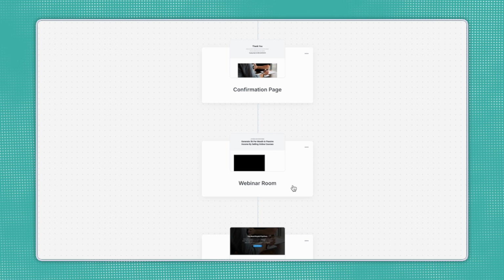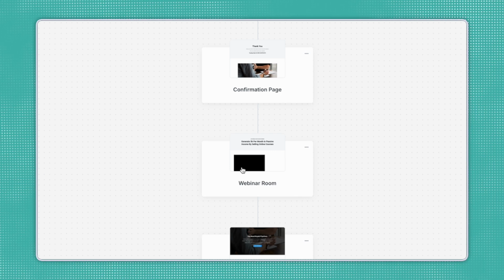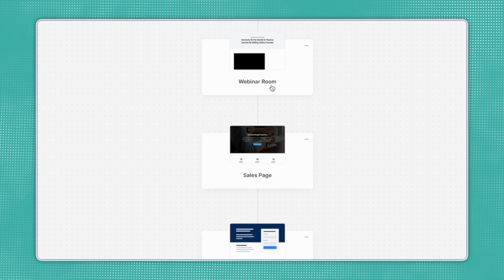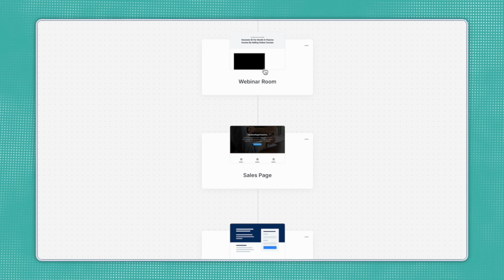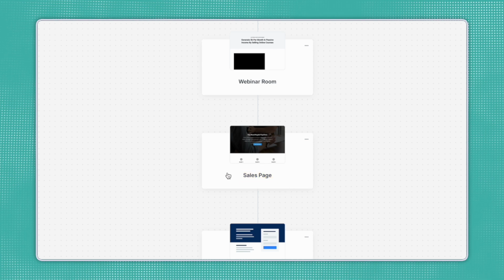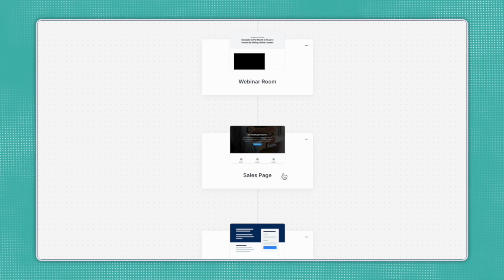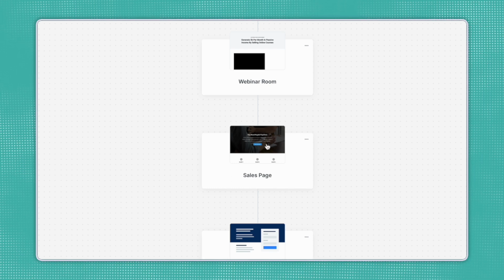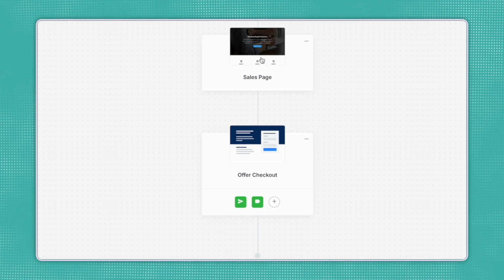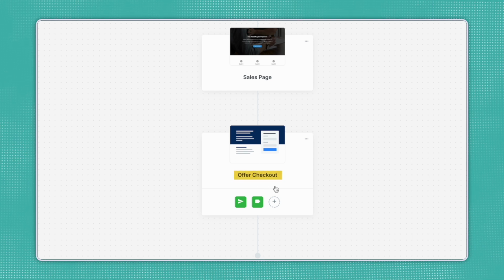So this is the actual watch room where they're going to join in when it's time for the live webinar, watch you going through your teaching. And then you're going to make your pitch for your paid offer or course at the end of your webinar here in the webinar room, which is going to lead straight to your sales page. This is the actual sales page for your course or whatever offer you're presenting to them, where they can see what's included and they can choose if they want to enroll or join, purchase your product here, which if they do select to join or purchase, they're going to be led to the offer checkout page,